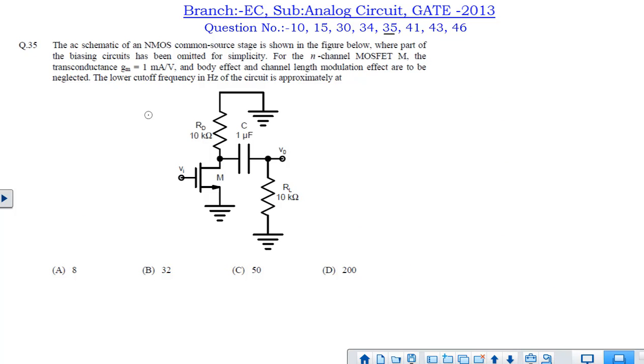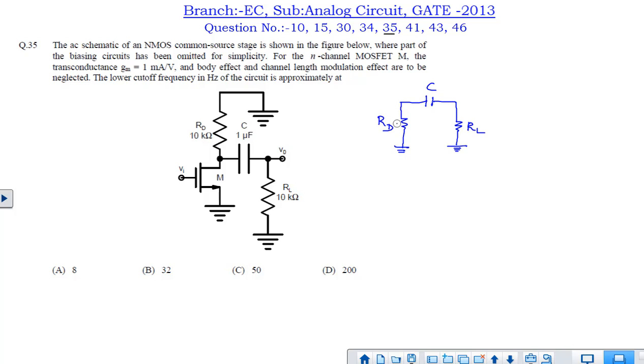Next question is question number 35. In this question, an NMOS transistor is given in which the transconductance of the transistor is given to be 1 milliampere per volt, and we have to find out the lower cutoff frequency with respect to this capacitor. The lower cutoff frequency will be given by this capacitor and these two resistors. If we draw this portion of the circuit, then it will look like this. So the frequency of this circuit will be 1 by 2 pi R equivalent C. R equivalent will be